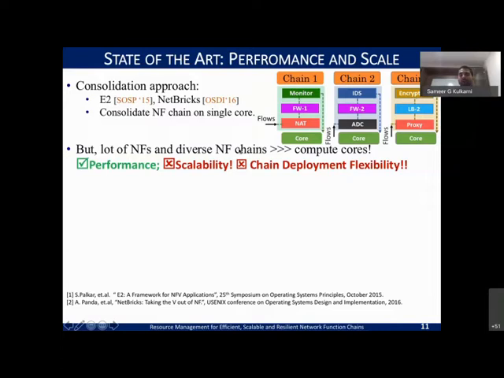So that's why, in terms of performance, maybe they are good, but they hinder the scalability and chain-wide deployment flexibility, because what you want to deploy is this entire blob. And if I want a different combination of these, you have to pre-program and generate these combinations. That's where this deployment flexibility is hindered.